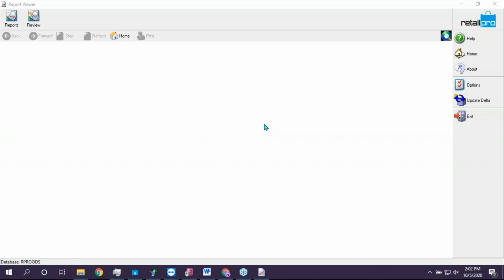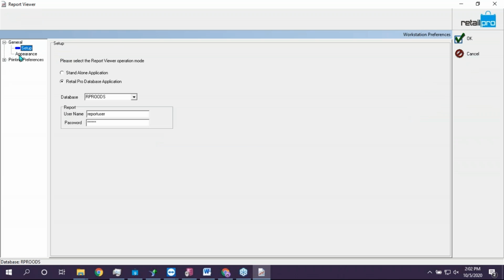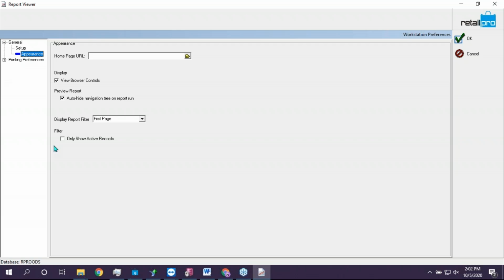All right. So enough of that. We're going to jump right into reports. When you open up Retail Pro Reports, it drops you into essentially this blank screen here. There are a few set it and forget it settings that we like to hit, just in case we have set those and forgotten about them a little too long. So I'm going to jump in. Under Options, Workstation Preferences, we have a few things I like to start at. Actually, under my appearance, not my general,